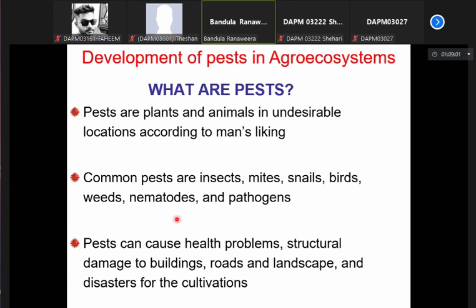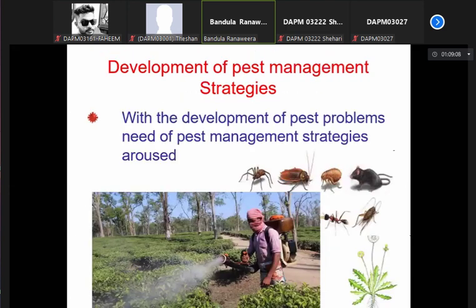Now, we have compared the two ecosystems, and in our agro ecosystem we are observing pest problems. So we have to manage the problem now. We can see this person is trying to manage that problem by using